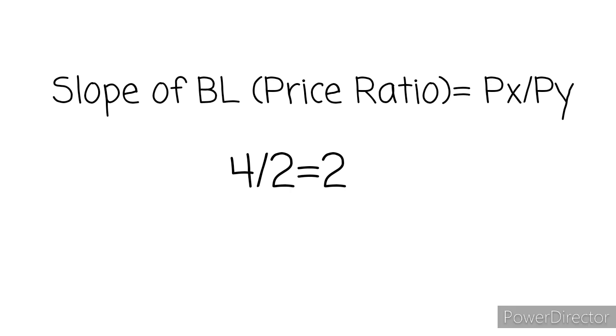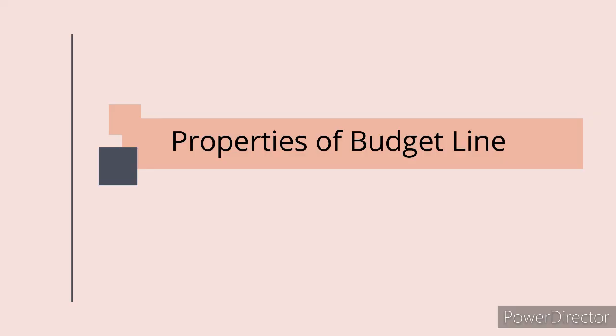So how does that work? How did it come? Because a point on the budget line indicates a bundle which the consumer can purchase by spending his entire income. So if the consumer wants one more unit of apple, then he will have to give up some amount of bananas, and this depends on the prices. That's because the slope of the budget line is the price ratio, that is Px upon Py.